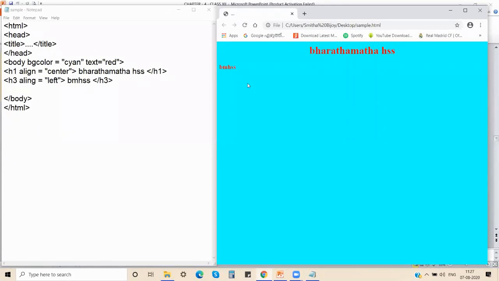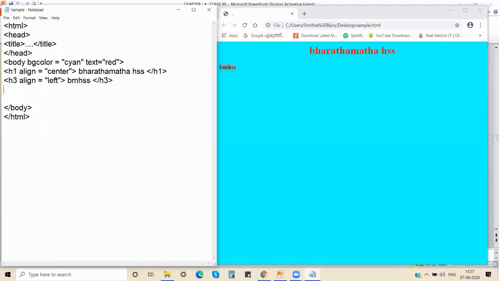Earlier what was there, the same way it will be there. Can you see? It has become dark also. It will not be shown as clear as it was in the earlier part. So this is your align attribute with your heading tag.